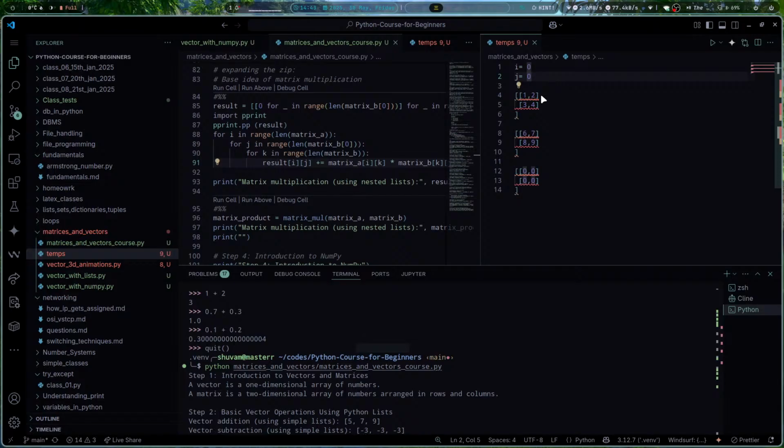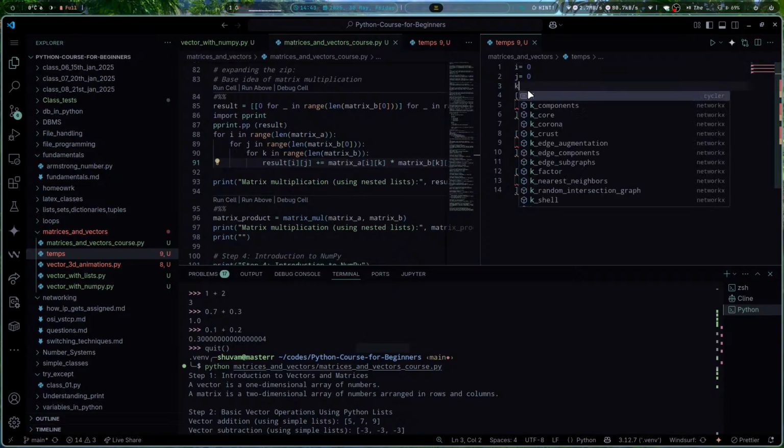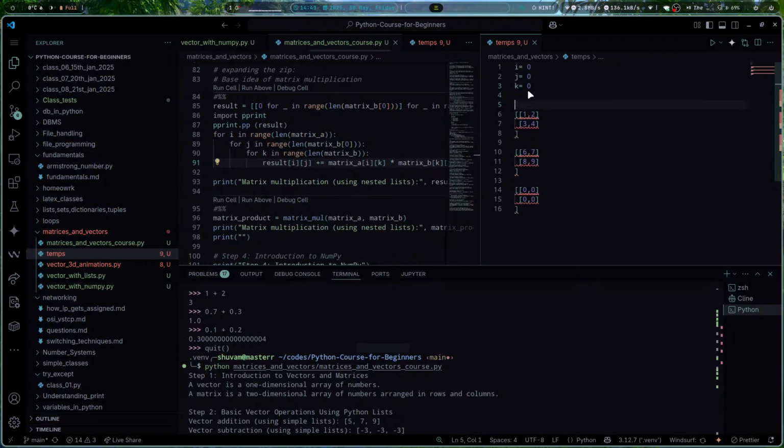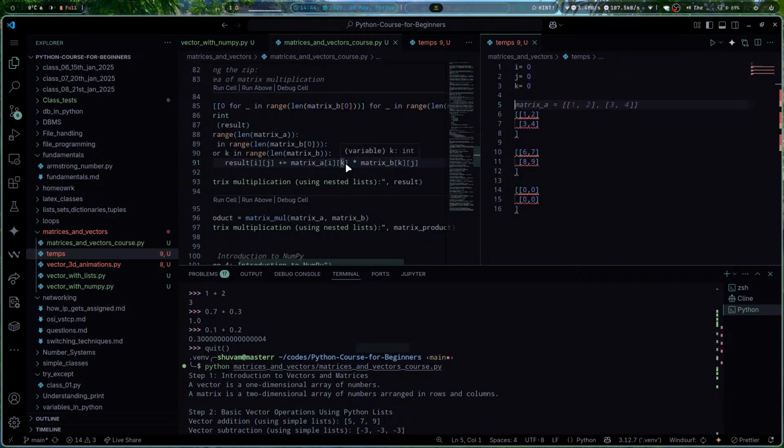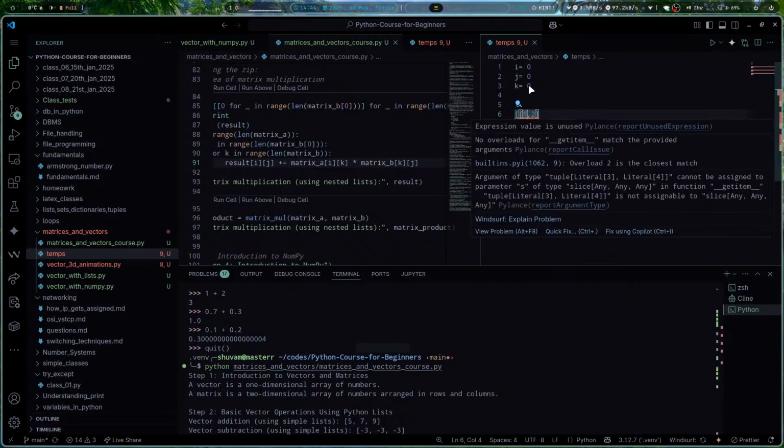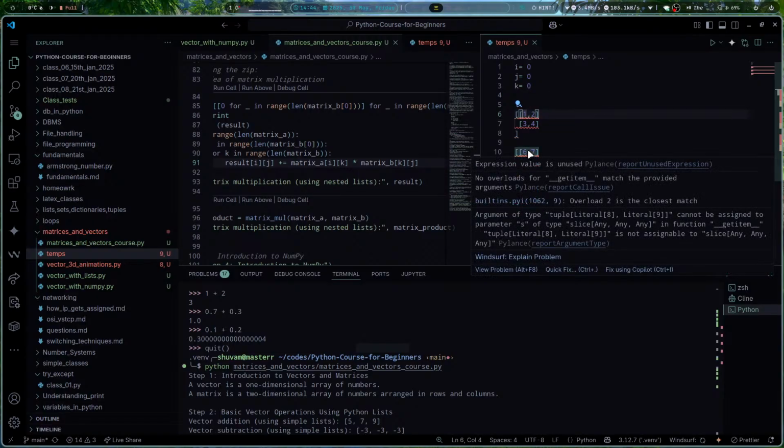Okay, now I equal to 0, so I equal to 0, after that J equal to 0. Now we also have a K, understand, we also have a K, which is also 0. Okay. Now as K, I, J and K are 0, what is this matrix A[I][K]? I and K both of them are 0, so it will basically represent this first element 1 times B[K][J], now K is also 0, J is also 0. So basically it will be